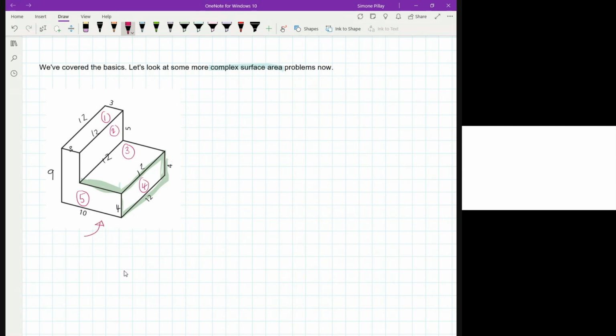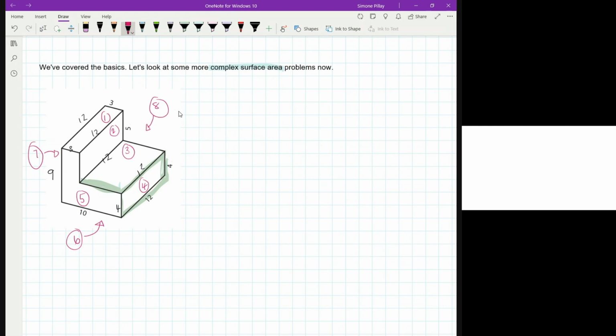I'm missing my face underneath. So my face at the bottom will be number 6. I'm also missing my face at the back, so that will be number 7. And I'm also missing the face on the side over here, so that will be face number 8. So we literally have to calculate the area of 8 faces, add them together, and that will give me the